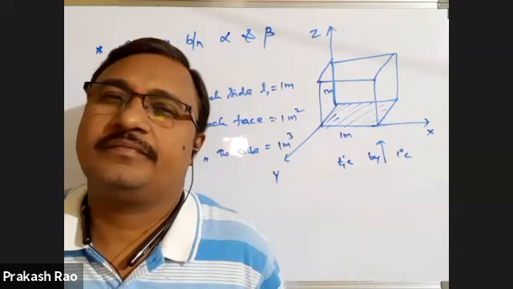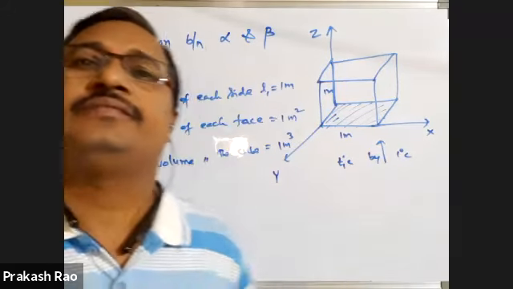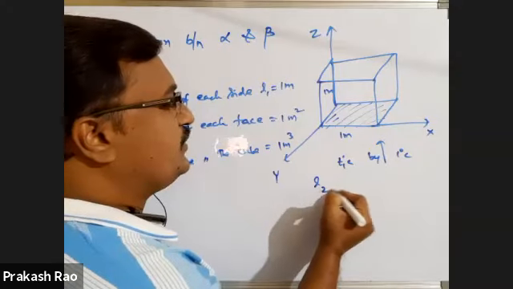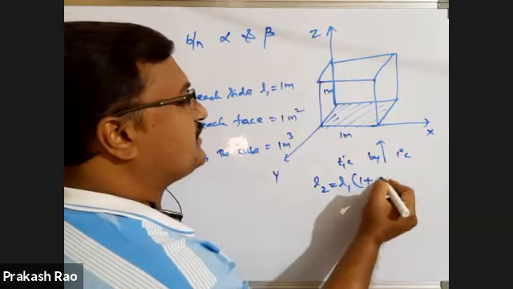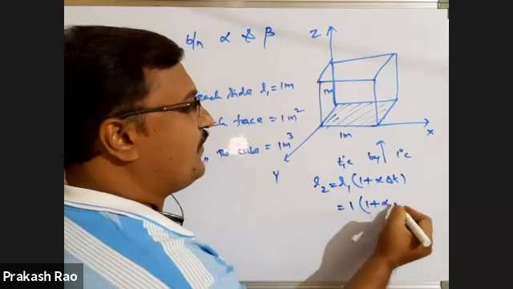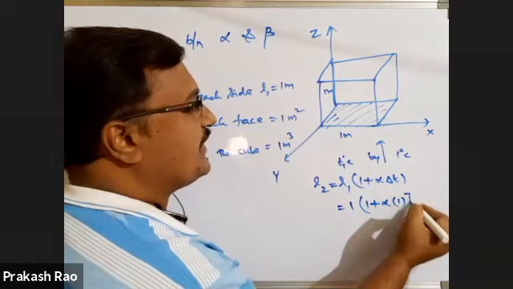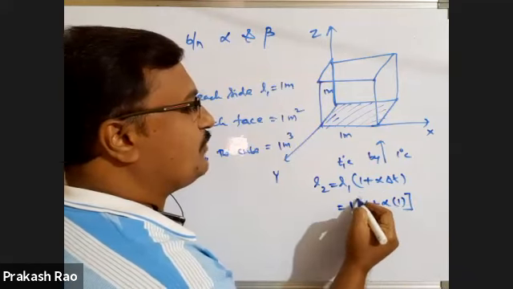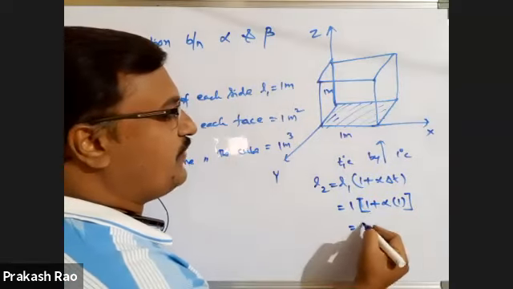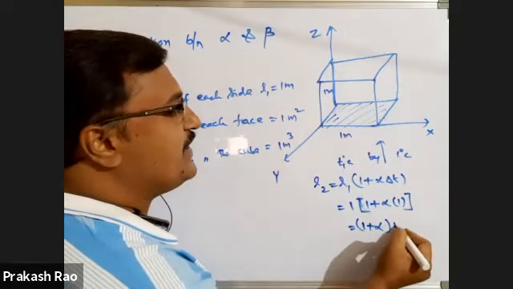Anjali: Increases. Increases because it is thermal expansion. The length of each side increases. How much does it become? You know that L2 is equal to L1 into 1 plus alpha into delta T. L1 is 1 meter, 1 plus alpha, delta T is also 1 degree centigrade. So this is 1 into 1 plus alpha. Therefore, I will get 1 plus alpha meter.